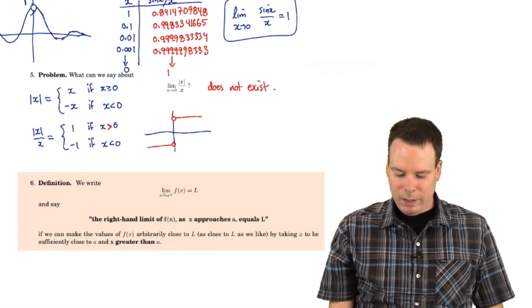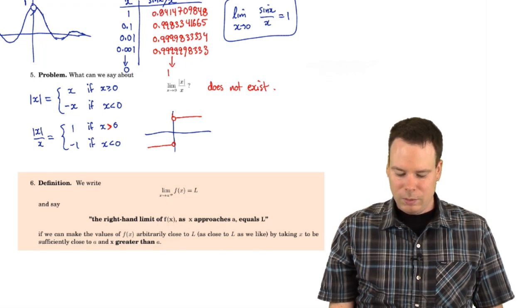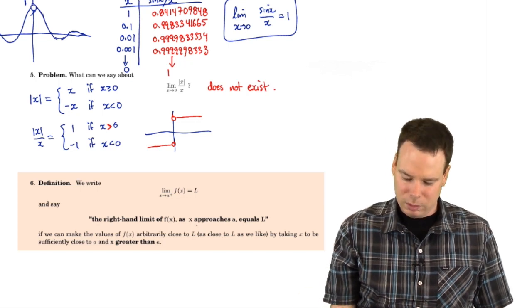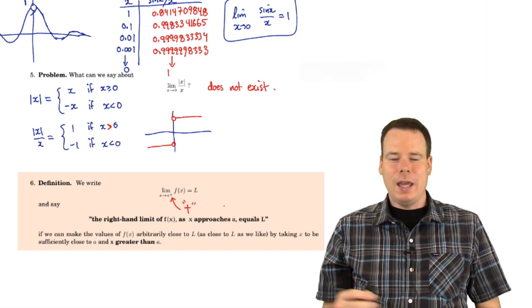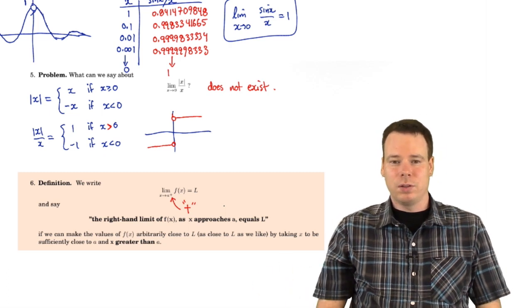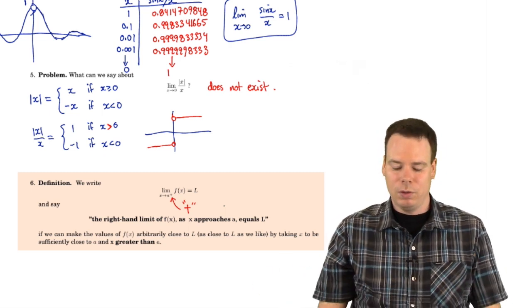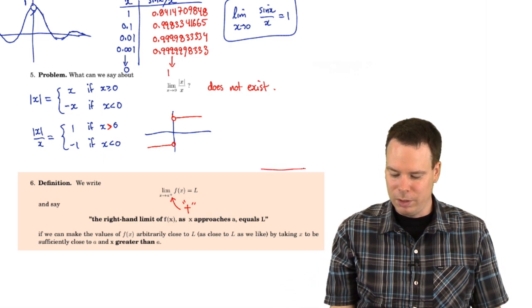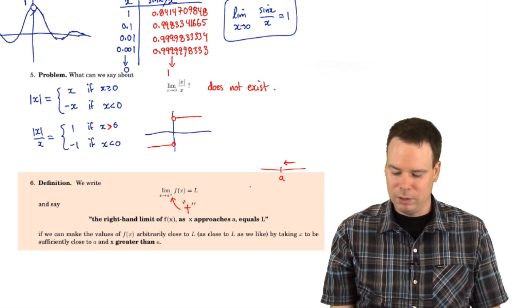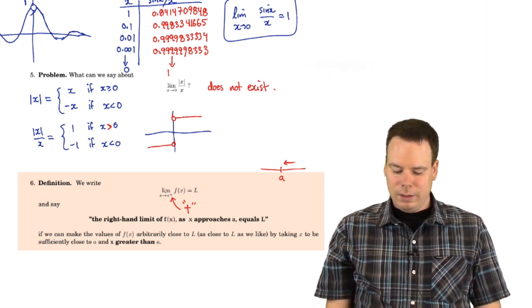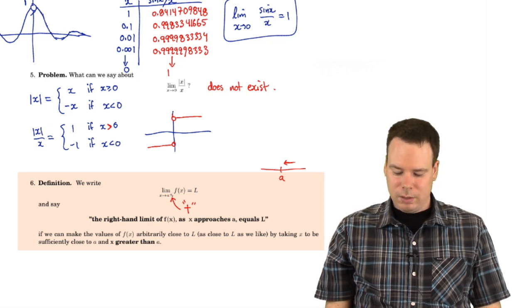So we write lim as x goes to a with a little plus sign as a superscript or exponent. So let's just indicate here if it's hard to see, this is a plus sign in the exponent. And that just means you're coming to a from the positive side of a, or just a little bit beyond a, or from the right of a, if you want to think of it that way. We're thinking sort of a number line here, and a is on the number line. And we're coming at a from things that are a little bit bigger than a, which is why we're using the plus there. So the limit as x goes to a from the right of f of x is equal